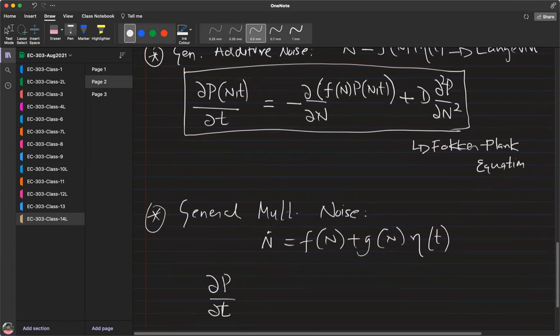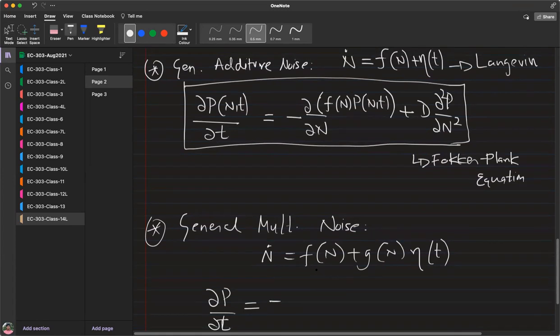Note that on the left hand side you have a time derivative, how p n of t is changing with time, whereas the right hand side is all with n derivatives. Please note it. So what will be the drift term for this new equation? It should be identical, absolutely, because that depends only on the deterministic term.